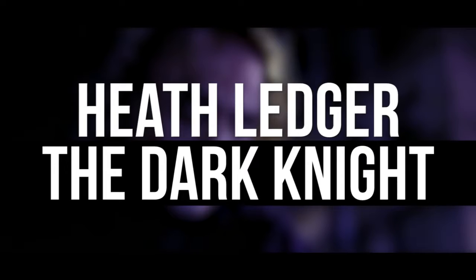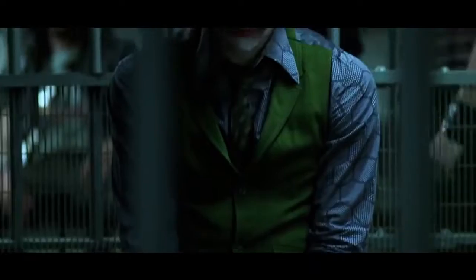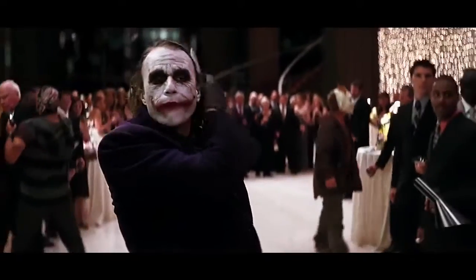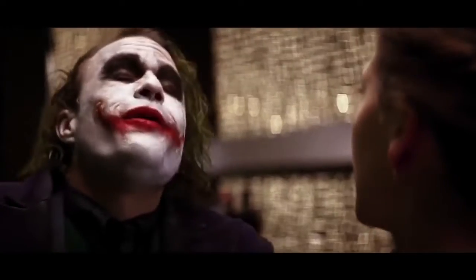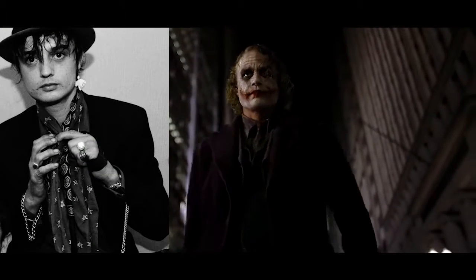Heath Ledger in The Dark Knight. The late Heath Ledger gave an Oscar-winning performance as Batman's arch-nemesis the Joker in The Dark Knight, and his makeup certainly helped. The remarkable thing about Ledger's makeup in this movie is that there really wasn't much of it. It wasn't very heavy, but Ledger was still totally unrecognizable and mysterious under the face paint and scar prosthetics. Costume designer Linda Hemming came up with the design, which took inspiration from pop artists like Pete Doherty, Iggy Pop,